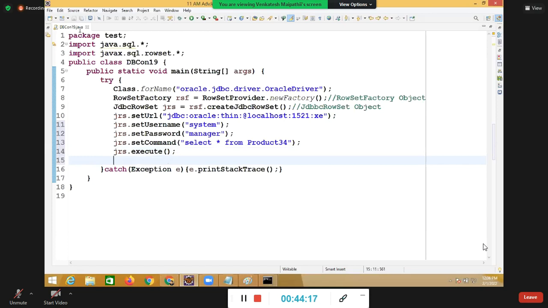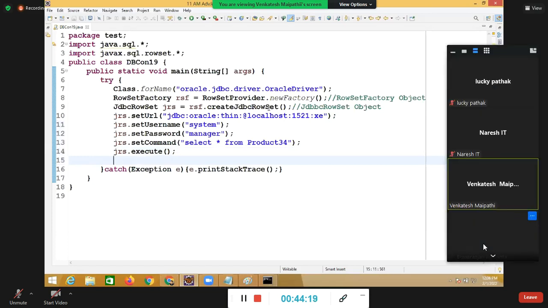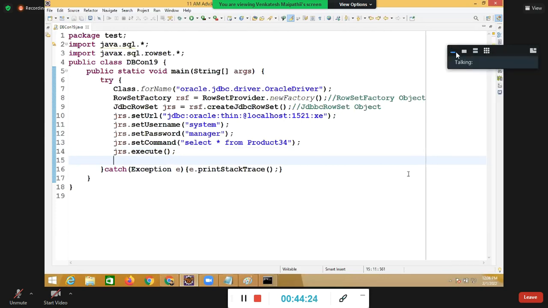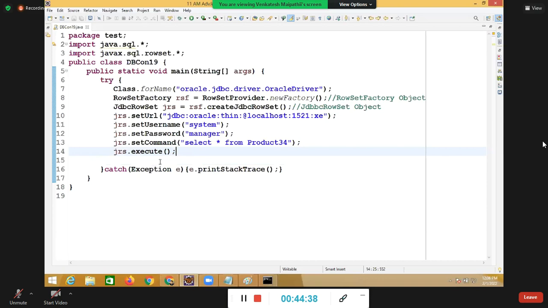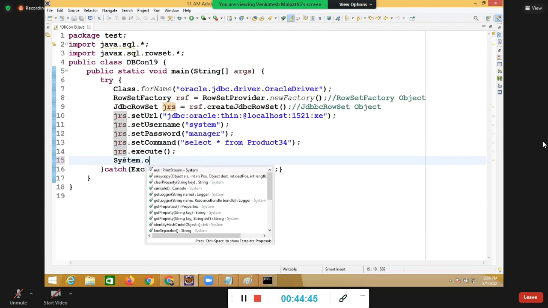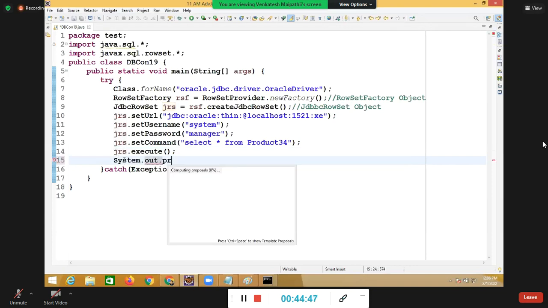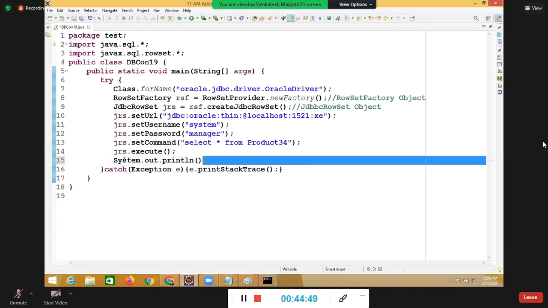So this is the syntax actually. Connection, con, driver method is different. Whenever we use a RowSet, this is the RowSet object, the JDBC RowSet object. After execution is completed, the data is available in the same jrs. Now you can display the data. So System.out.println